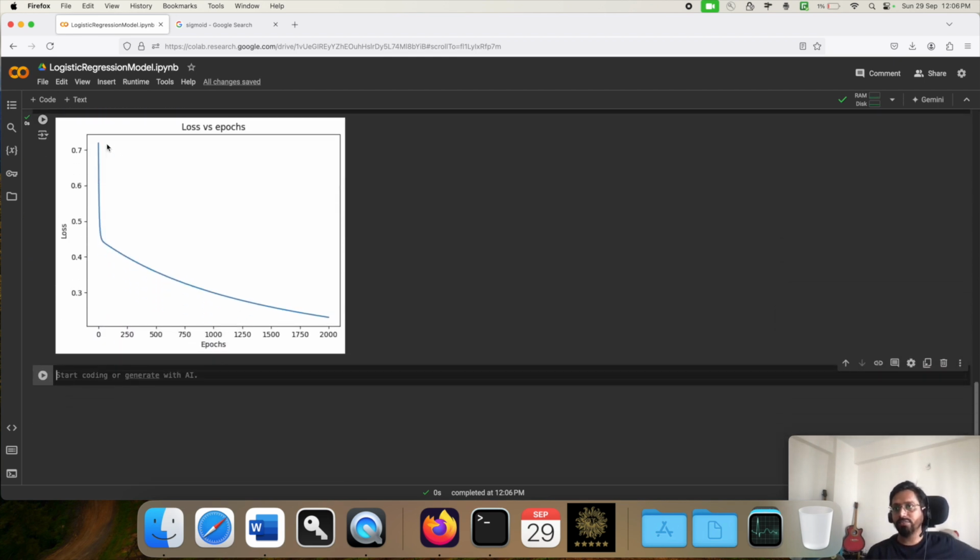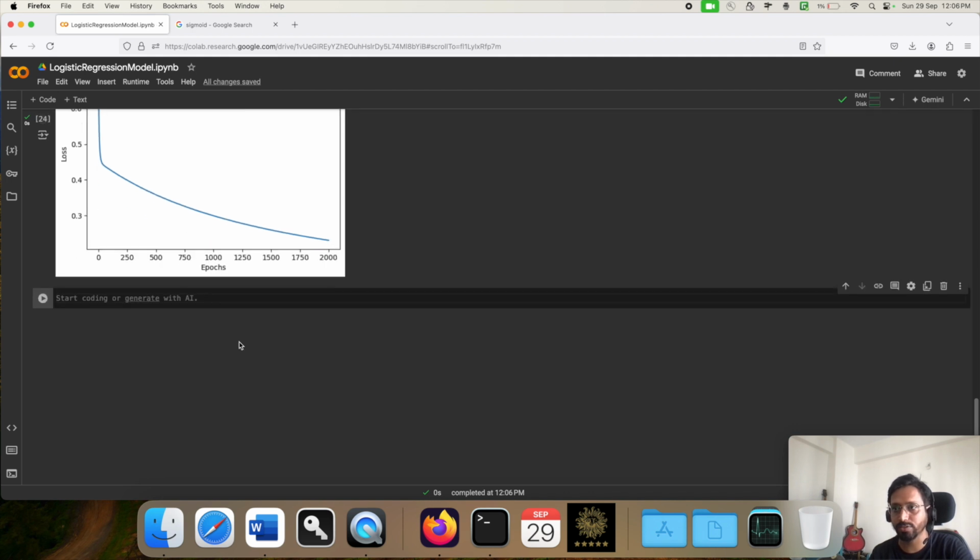So as you see, this is giving us a loss versus epochs graph, and if you notice here, it started from here. The loss was at a very high point, around 0.8, and then it suddenly dropped to 0.45 or somewhere, and it gradually dropped to 0.2 and something after 2000 epochs. So if